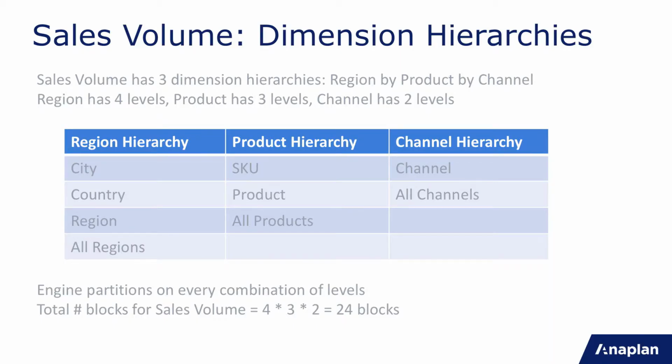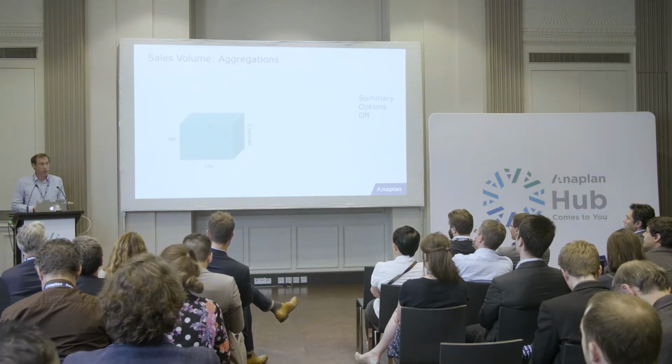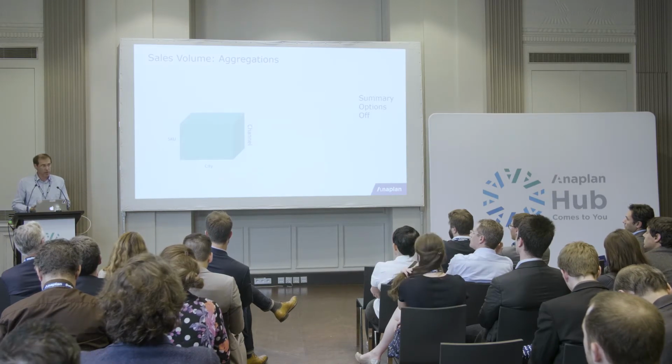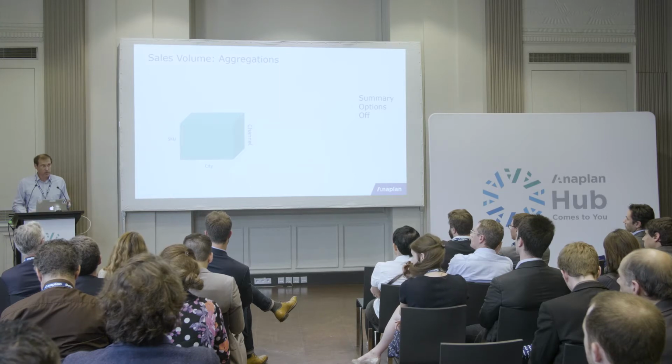So discounting time inversions, this is how Anaplan calculates. And this is how it works so fast, because it squashes all these into individual components and says, what's the block of calculation? So when I change a number, it knows which other blocks to change. It doesn't have to change everything. So the biggest block is always the bottom level. So here it's the lowest level of all those hierarchies. And that always will be the biggest one.